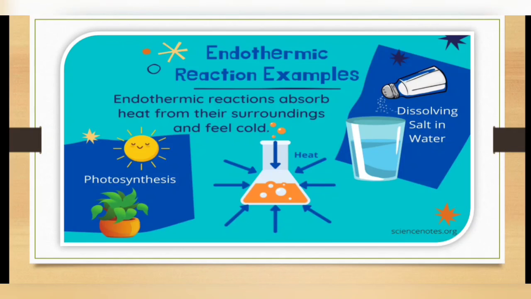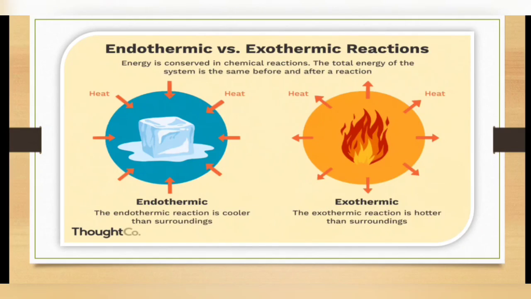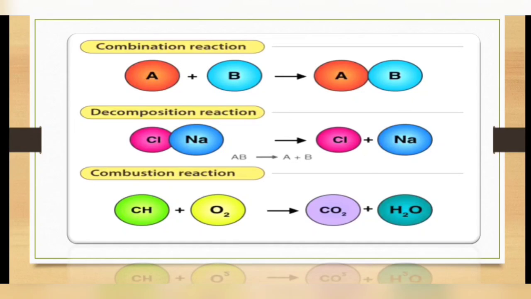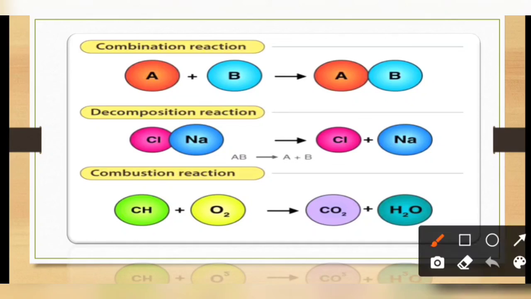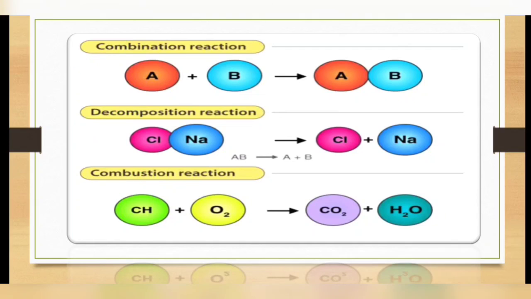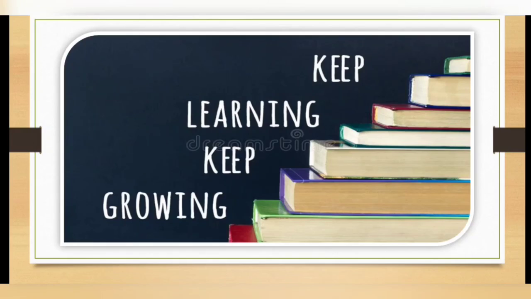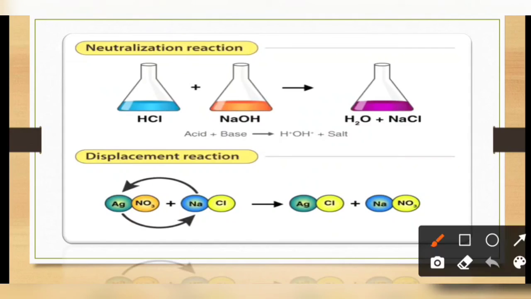The endothermic and exothermic differentiation of reactions is based upon whether heat is evolving in the reaction or being absorbed from the surroundings. But there are other types of reactions also that we are going to discover in this chapter, that is combination reaction, decomposition reaction, combustion reaction, neutralization reaction, displacement reaction, and some kind of redox reactions also, redox, oxidation reactions. So we are going to learn each type of reaction in detail